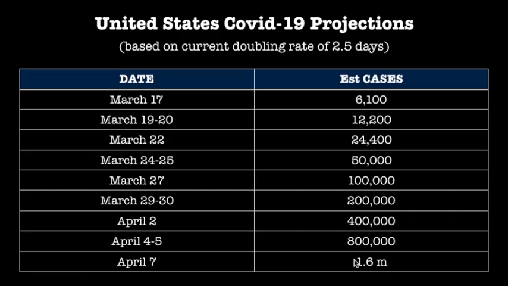Now, I know what you might be thinking. You might see these numbers and you might be thinking, no, it's not going to get this high because everything is shutting down in America. They're closing schools, they're closing stores. San Francisco and many parts of California are now in this home quarantine, home isolation. And that's true. All that is going to help, but it won't help for 2 weeks.